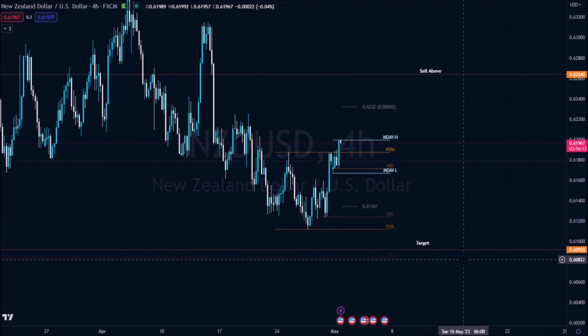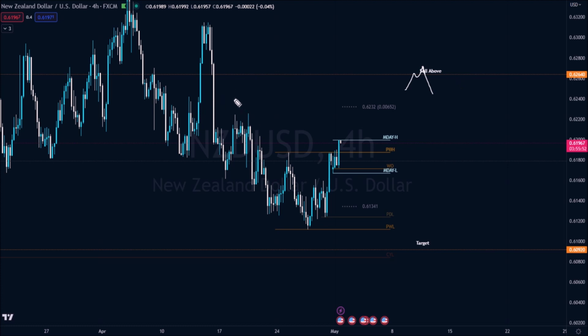We have a target here, 6092. If we do reach here this week, then that will be overstretched on the week, and I wouldn't expect it to go much further, but you never know. And we also have to keep an eye on FOMC on Wednesday. Just keep that in the back of your mind. So we're looking for sales from here,